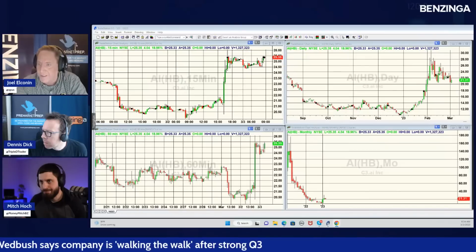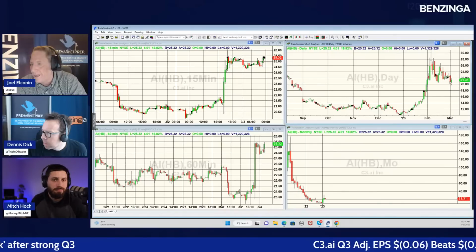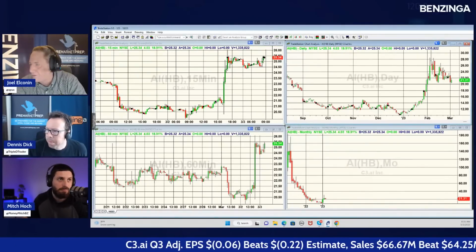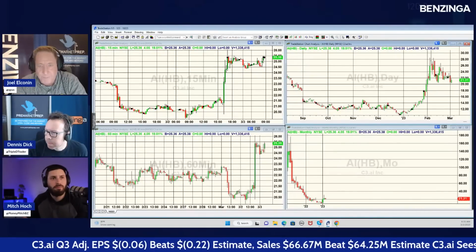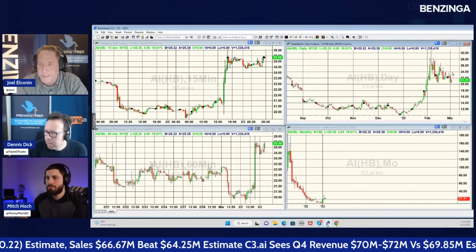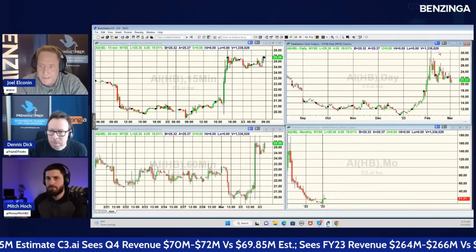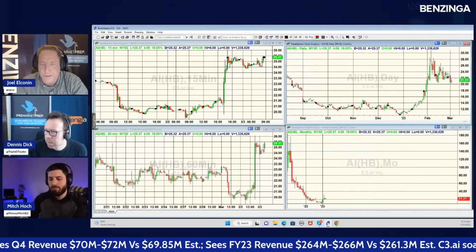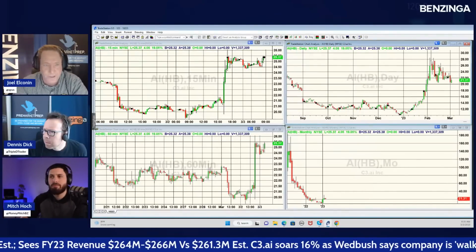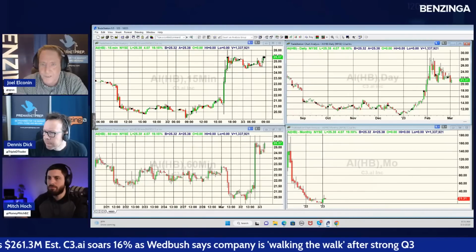If you were caught in the stock, you had the high of 30.92. You went into the lower 20 handle. You're getting back half of the move. You also have a daily high right here at 25.36. You did trade up a little bit higher. You did trade up to 26. So if the bulls really want to take control of this thing, man, you get this thing 25.5 bid, 26 bid, and then look for your next daily high. It would be interesting to see when the liquidity comes in if there's not more sellers at this 25.5 area. So that's the swing number for me here in